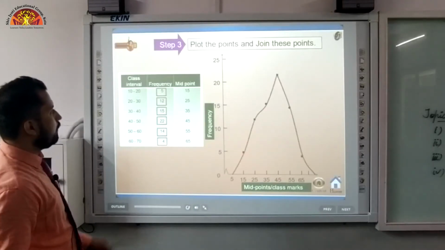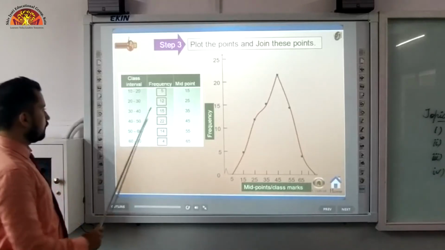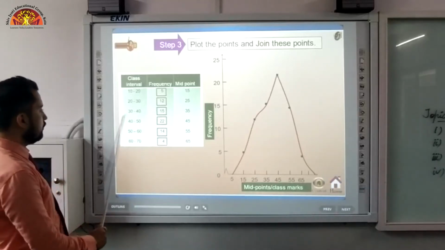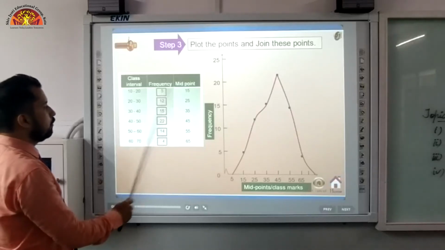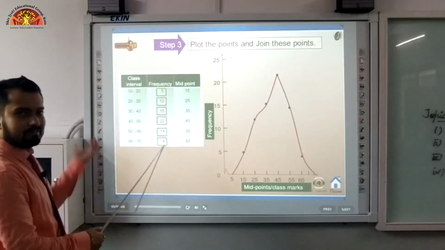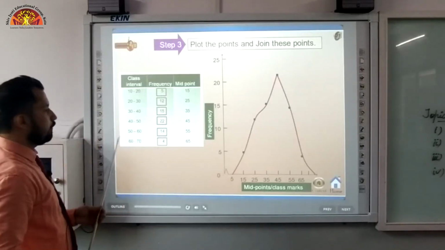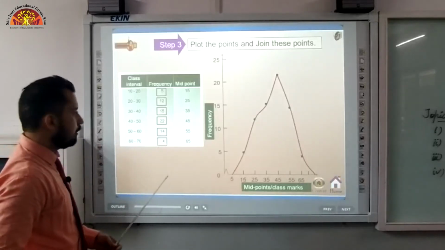So here you have an illustration for the same. The class intervals are given here, 10 to 20, 20 to 30, 30 to 40, and the last is 60 to 70. So for the primary step, what we need to do, we will convert these classes into the mid value. Frequency is always given as it is part of a continuous series. तो frequency तो हमें दी ही होगी, इसके बिना तो classes हमारी continuous series में fulfill complete नहीं हो सकती.